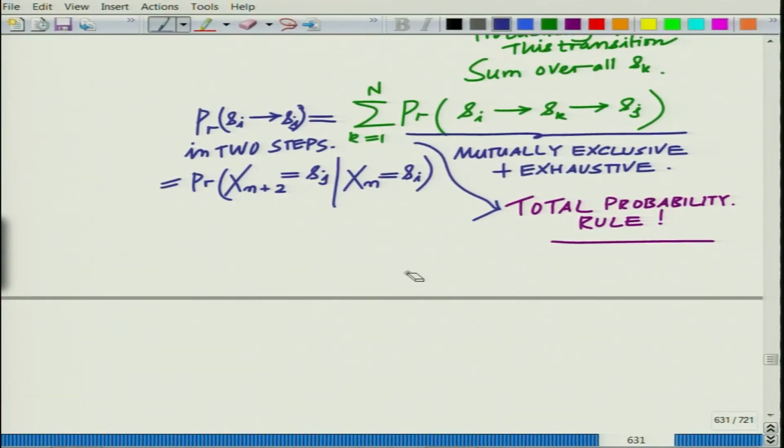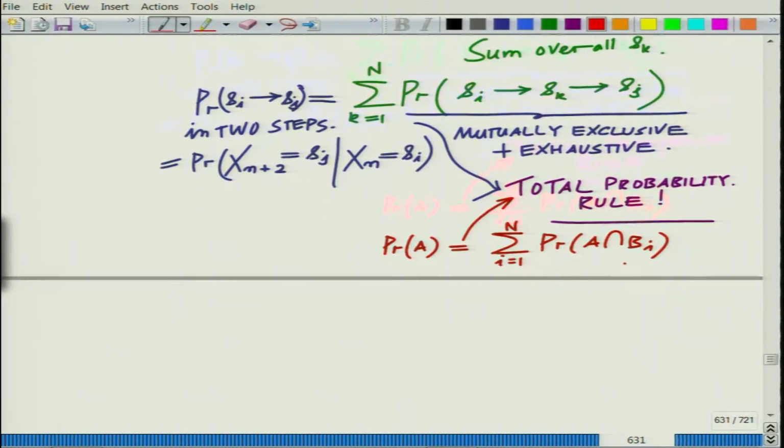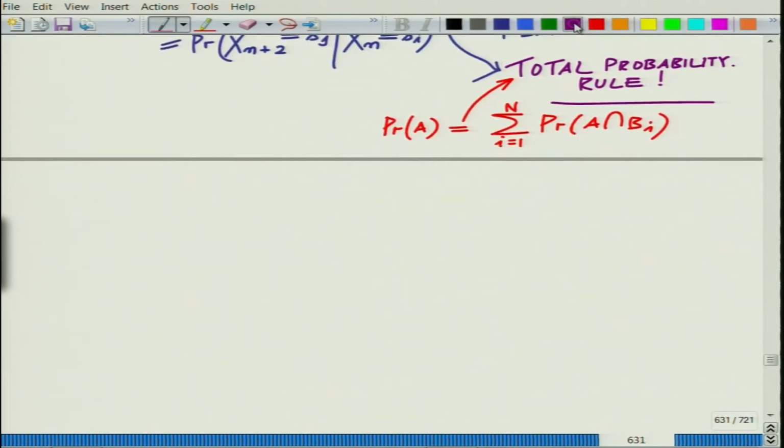What is the total probability rule? I think it is interesting to just mention it briefly. You can write the probability of any event A as the summation of the probability of A intersection Bi, where i equals 1 to n, where the only property that the Bi must satisfy is that the Bi are